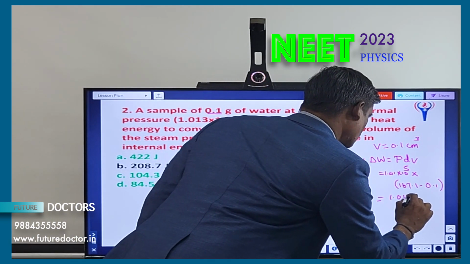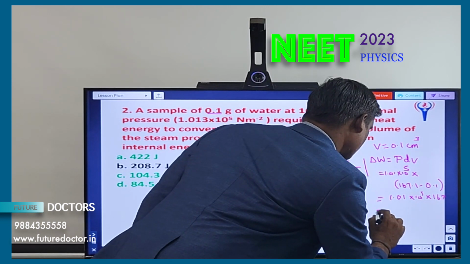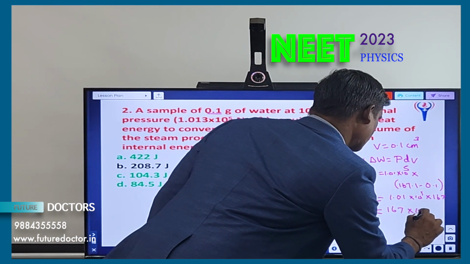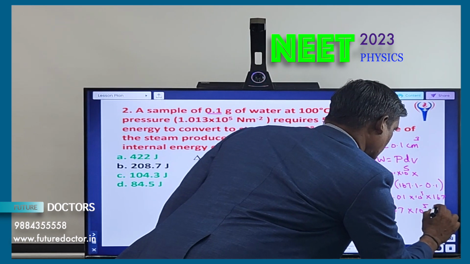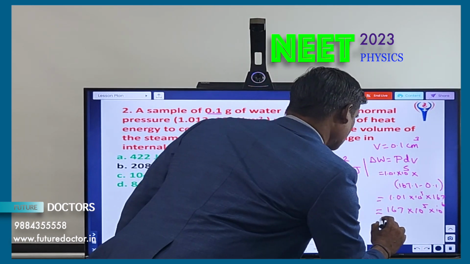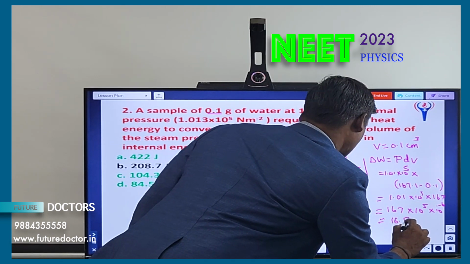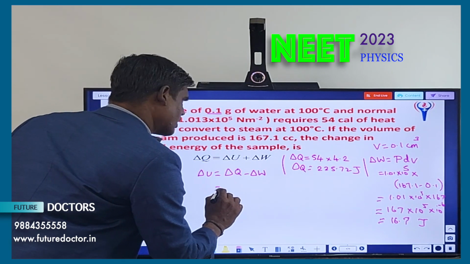1.01 into 10 power 5 into 167 equal to, you can write straight away, 167 into 10 power minus 6, because centimeter cube convert to meter cube, 10 power minus 6, therefore gives 10 power minus 1 as 16.7. Substitute this here. This is in joules. Substitute this here, then delta Q is